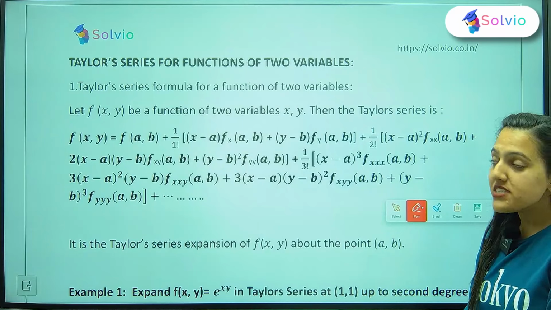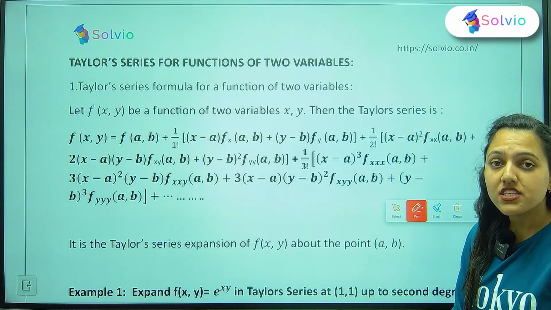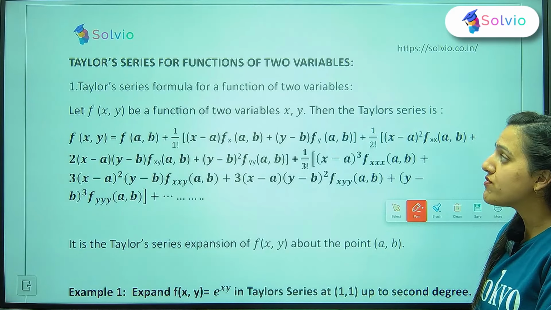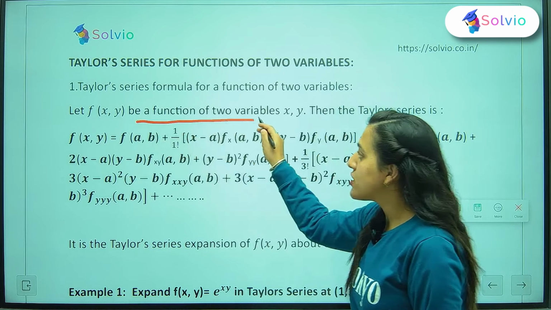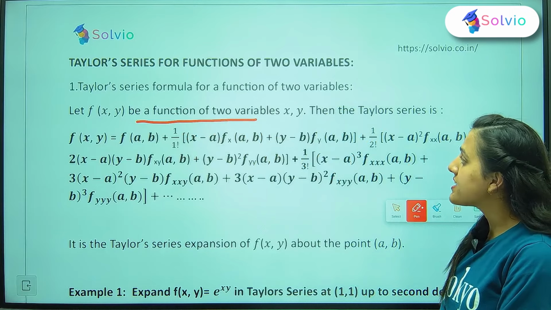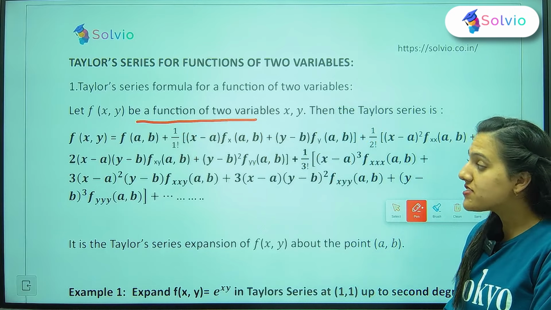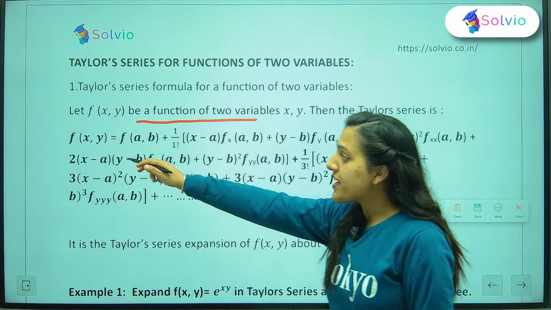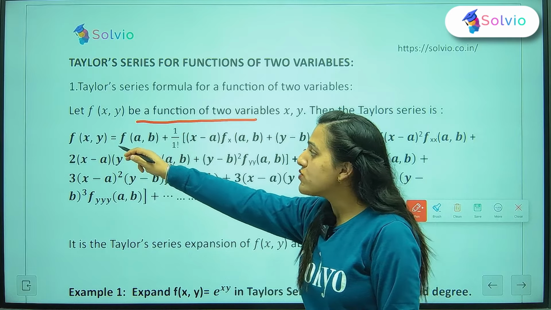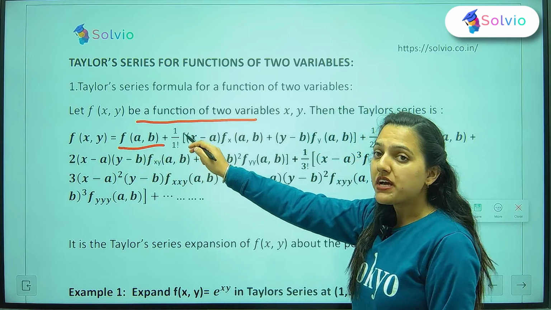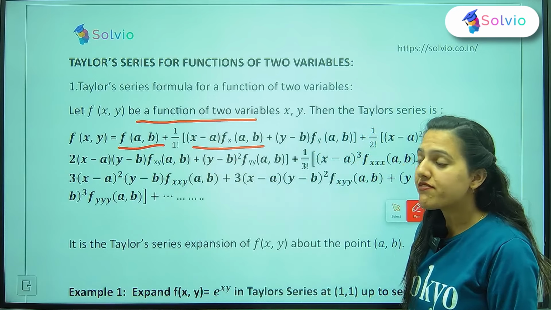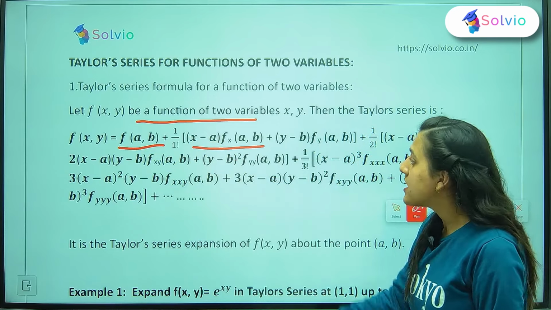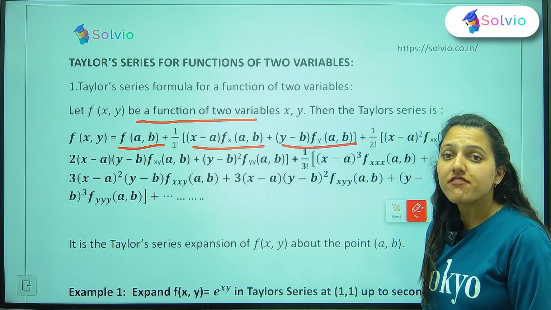So students, here we will define Taylor series formulas for function of two variables. Let f(x, y) be a function of two variables x and y. Then the Taylor series is f(x, y) = f(a, b) + 1/1! [(x − a) fx(a, b) + (y − b) fy(a, b)]